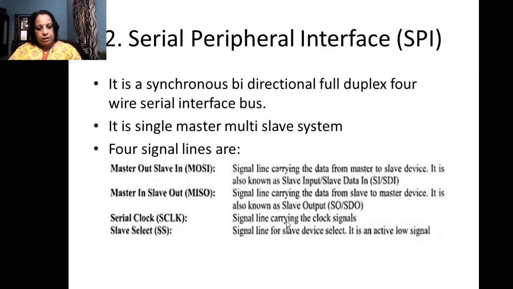Then we have a serial clock and we have a slave select line. Now the slave select line is the one which, previously, we had to send across the address to interface with the slave. Here there is no need of sending the address. The slave select line selects the slave accordingly. If we send across a low signal to the required slave select line, then that slave is connected with the master. So let us see with an example.